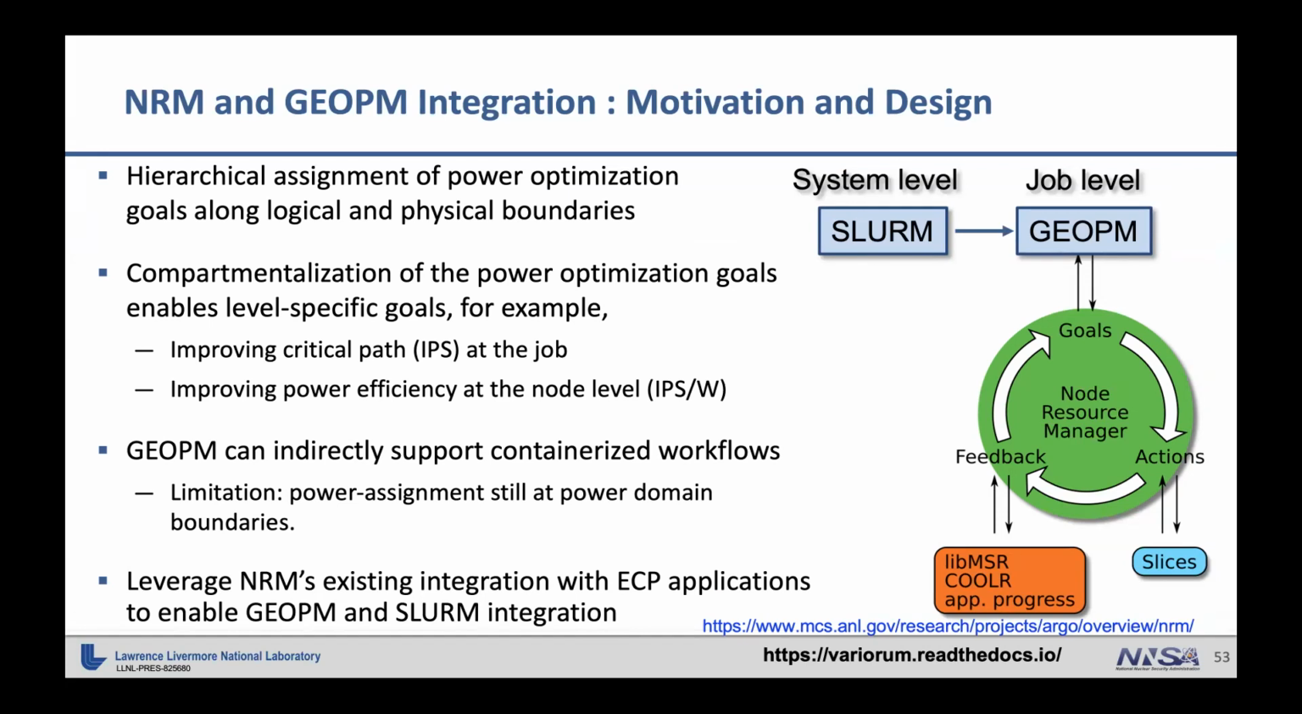So with this compartmentalization, you can tune different goals at different levels. For example, you can improve critical path at the job level, or instructions per cycle or instructions per second, whereas at the node level you can break it down to instructions per second per watt, for example. Of course, that mapping and translation has to be done manually or at design time, but it has to be done once. GOPM can indirectly also support containerization or containerized workflows